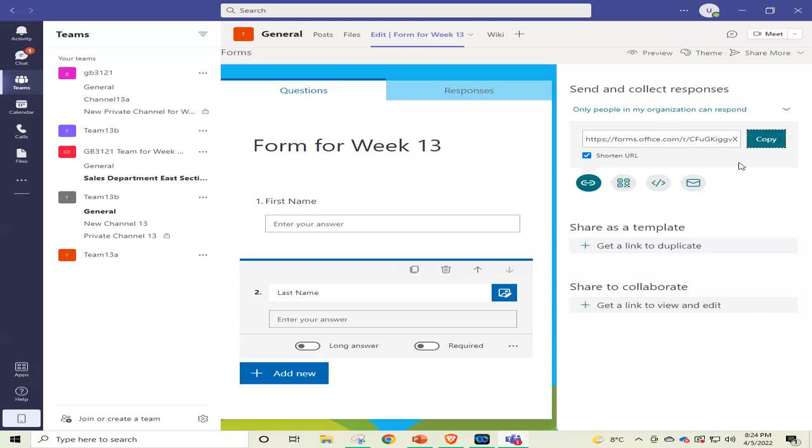I have copied that link and I send you the link by our usual chat window. Okay, I go to my chat window that is from WebEx, and here I write that I have the link. I have copied the link here in the chat window. I will invite the students to click on this link and give some response to this form.